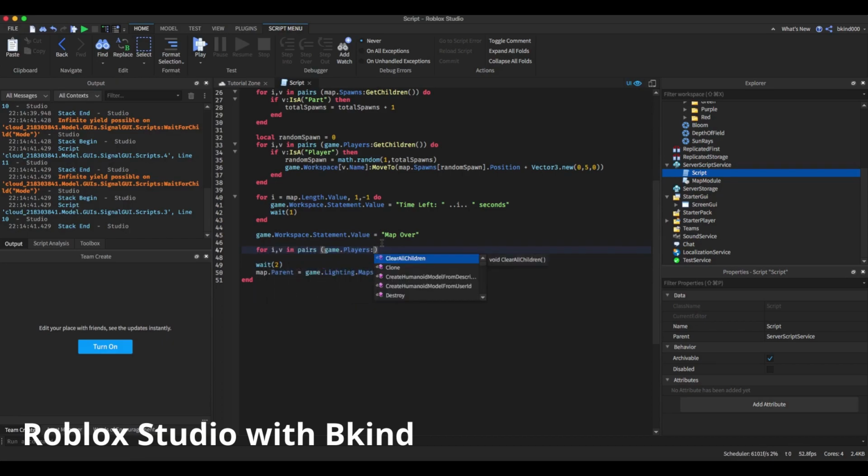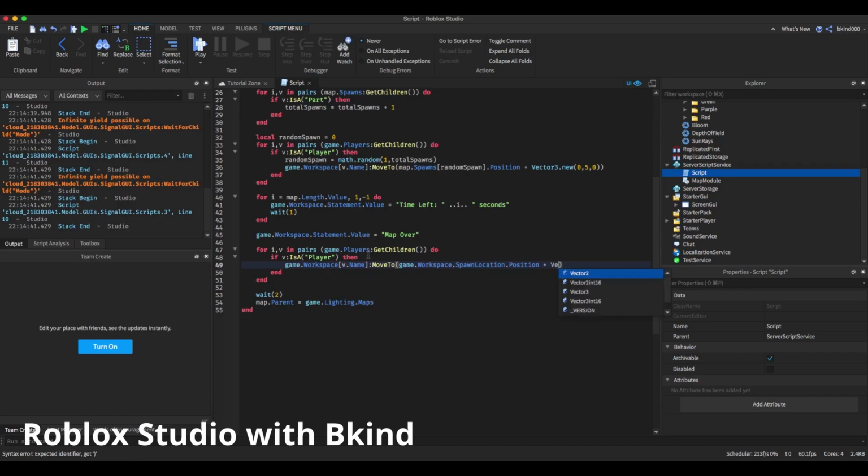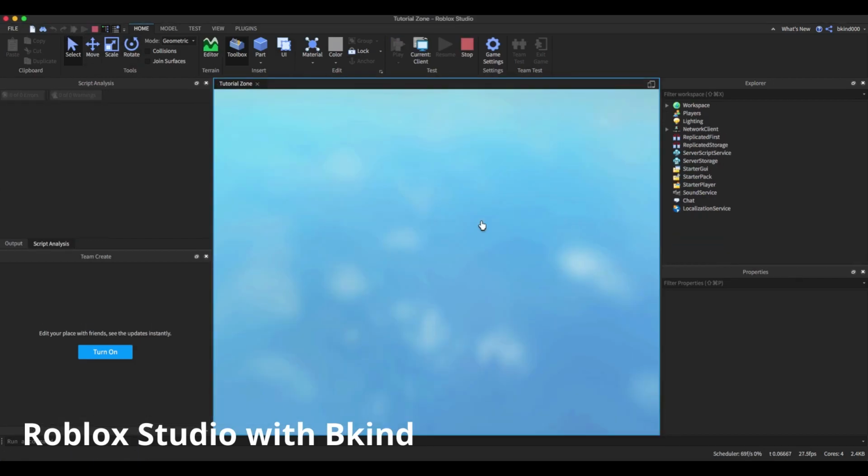So once again, if v colon is a player, whoopsies, is it a player, then we'll teleport the player. So game.workspace.v.name move to game.workspace.spawn location.position plus vector 3.new 0, whoopsies, 50. And there you go. So now we're going to teleport all players back to the spawn